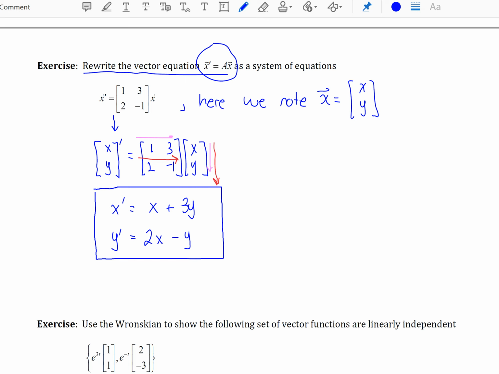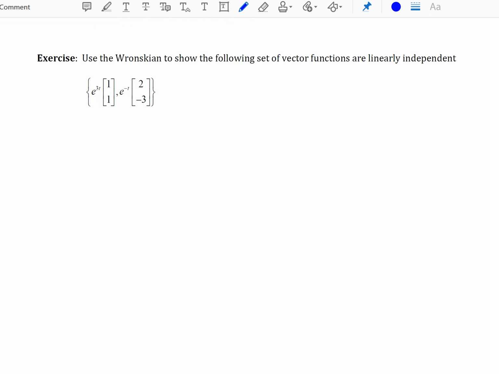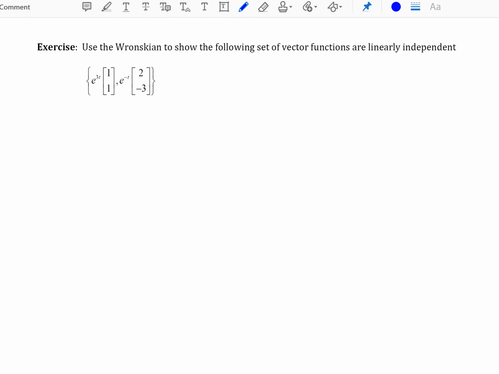I have one last example for us to look at for chapter 6.1. And here we get to think about the Wronskian again. Recall the Wronskian is used to determine if a set of functions or a set of vectors is linearly independent. So here we're asked to use the Wronskian to show these vector functions are independent. Now to take the Wronskian, I am going to rewrite these vector functions as,